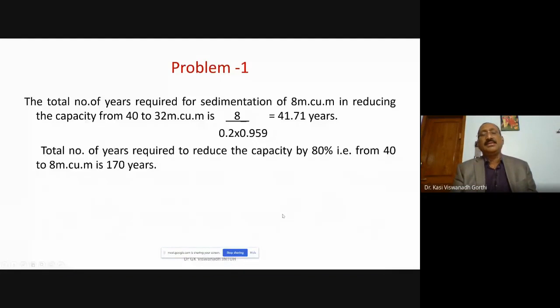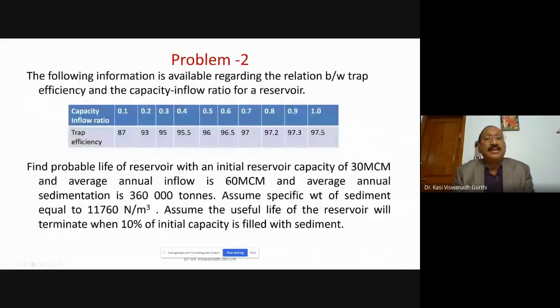But the life of the dam may be less, or the life of the dam may be more. It may be 200, 300 years. For example, for Nagarjuna Sagar, the life of the reservoir is estimated to be about 300 years. But the structural stability or the structural life of the dam may be more than 300 or less than 300.